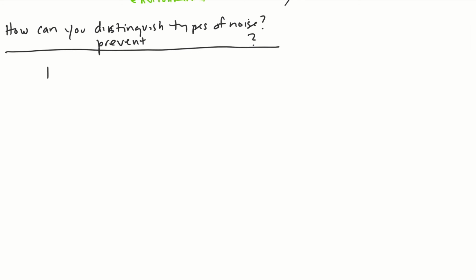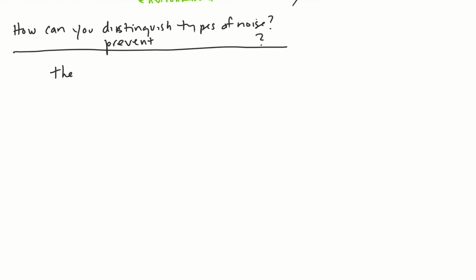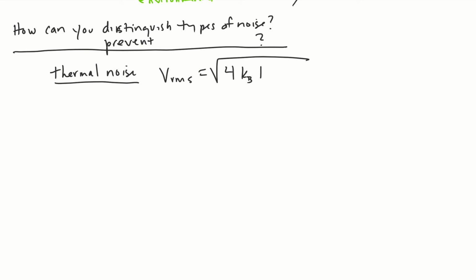Looking at the equations of the different noise sources, let's start out with thermal noise here. If you guys remember, it was VRMS is equal to the square root of 4 times the Boltzmann constant times the temperature times the resistivity and the bandwidth, square root of all of that. So if we take a look at this equation here, if we want to determine is the source of noise in our circuit, in our instrument, is the problem mainly the thermal noise source? Let's take a look at this equation. What can we change here?